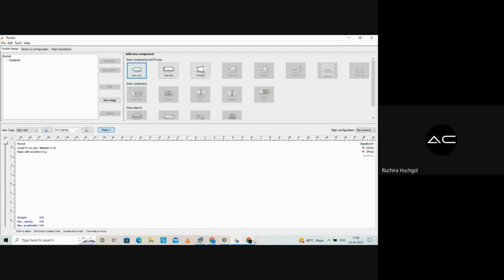Now the second is the body tube. The body tube is everything starting from leaving the nose cone, till the fins; all of that comes into the body tube. The body tube mainly hosts the combustion chamber or our motor, and second is the guidance and navigation system, if we are using one.